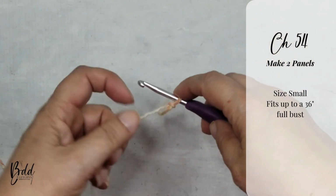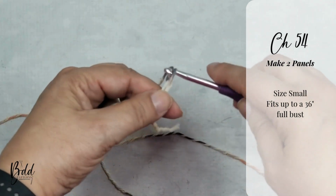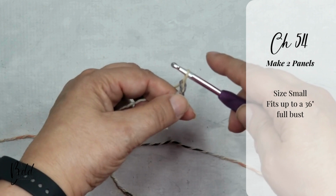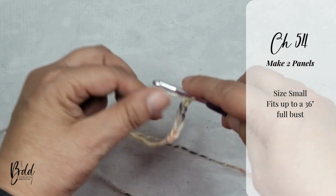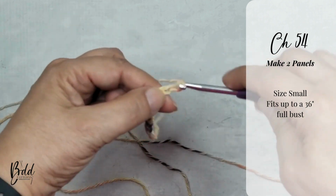In this video, I'm going to demonstrate how to make a size small. Now this will fit up to a 36-inch bust. If you want the written pattern or if you need the pattern in a different size, please go ahead and visit